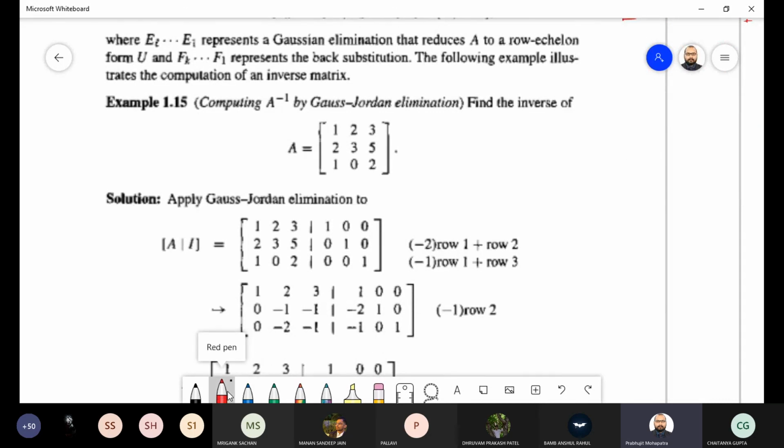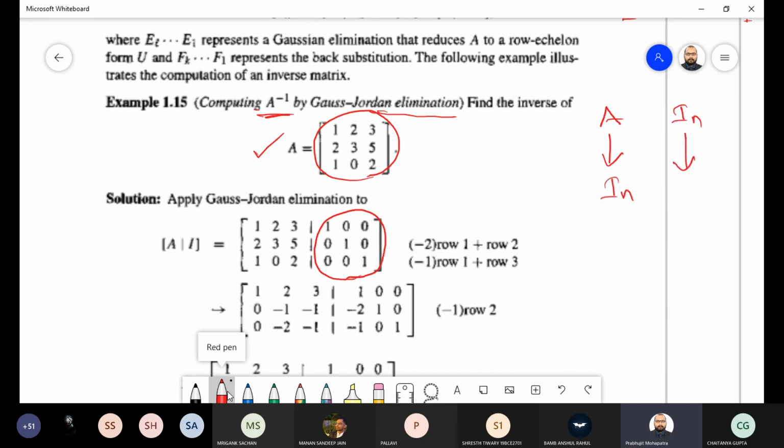Okay. So here we need to find A inverse using the Gauss-Jordan elimination method of this matrix A. If A is given, what we have to do? We have to take one identity matrix of the same size. Simultaneously, we have to keep track of both. If we are doing some operations on A to get the identity matrix, and the same operations we are doing on the identity matrix, then we are going to get A inverse. That is the procedure. So you keep track of both matrices. This is our given matrix A, and this is our identity matrix I N.